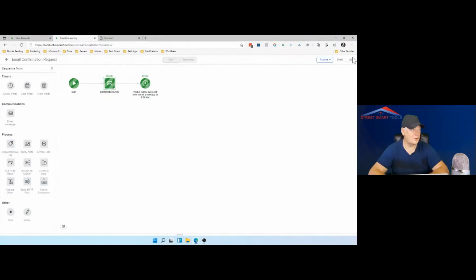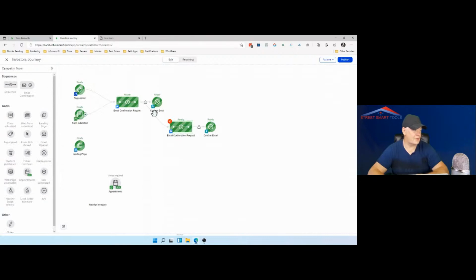So what does it show? And what I'm going to do with it is delay the timer, because we do not want to send it right away. Okay, let's do it this way. The goal will be to continue the sequence after they submit, so we will send them the information.